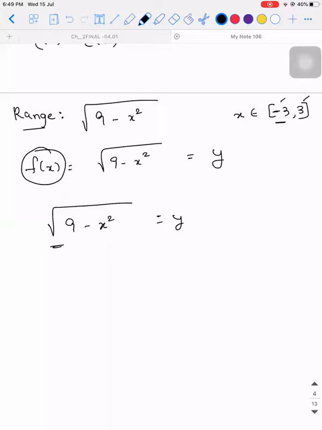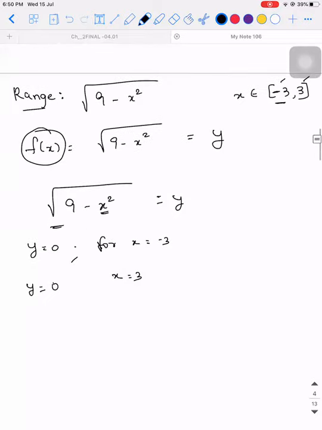9. 9 minus 9 in the place of x. The place of x, if I substitute minus 3, I'll get 9 minus 9. So y will be 0. Y will be 0 for x equal to minus 3. Similarly, if I substitute the right extreme value, if I substitute x is equal to 3, then what will be the value of y? 0. Okay. Now, if I substitute any intermediate value, so the best value I can think of is